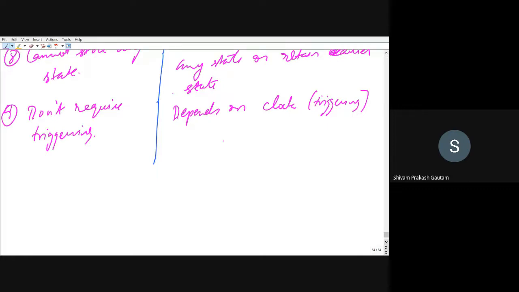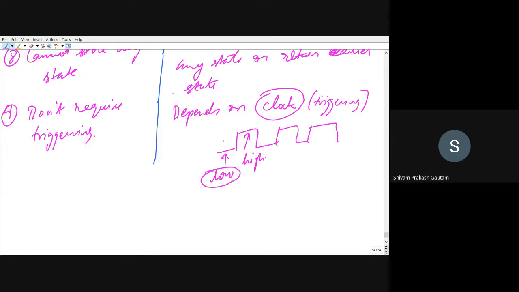So in digital form, we provide triggering generally by a clock, right? Clock may look like this, where this represents the low value and this represents the high value. Some circuits are low enabled circuits. That means whenever a low gate pulse or low clock is provided, that circuit will activate. Some circuits are also high gate enabled. That means whenever a high pulse is provided, that circuit will come into the picture.